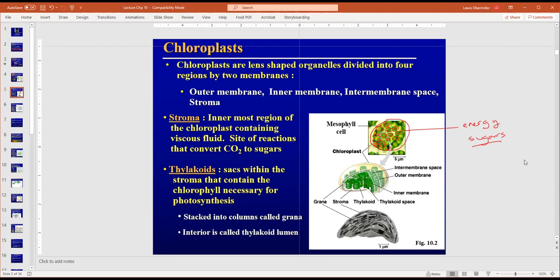Just like a mitochondria, it has an outer membrane and an inner membrane. That's shown here. Inner membrane, outer membrane, and the space in between is called the intermembrane space. So just like the mitochondria, exactly like the mitochondria. Inside here are these little things that look like coins, and we call these thylakoids. They're stacked on top of each other like a roll of quarters, and we call these collectively